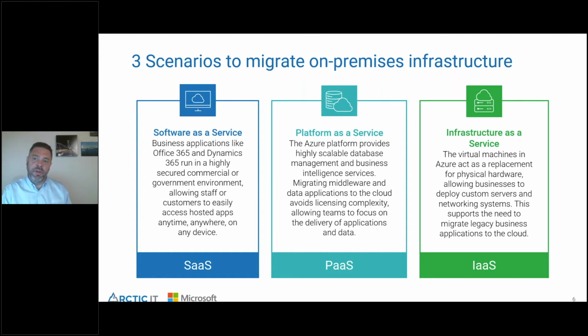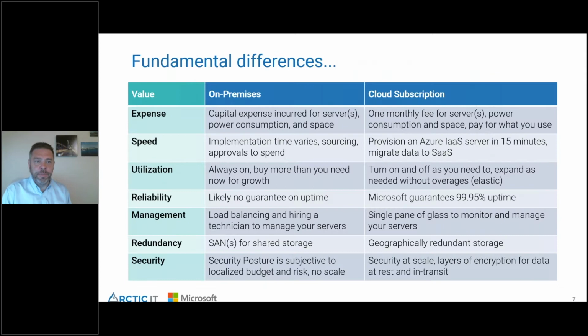So if something goes wrong, a disk drive fails, a power supply fails, I don't have to worry about the data center. I don't have to worry about any of that. So just depending on your needs, your business requirements, you could use any of these, just whatever is going to work best and be most flexible for your business.